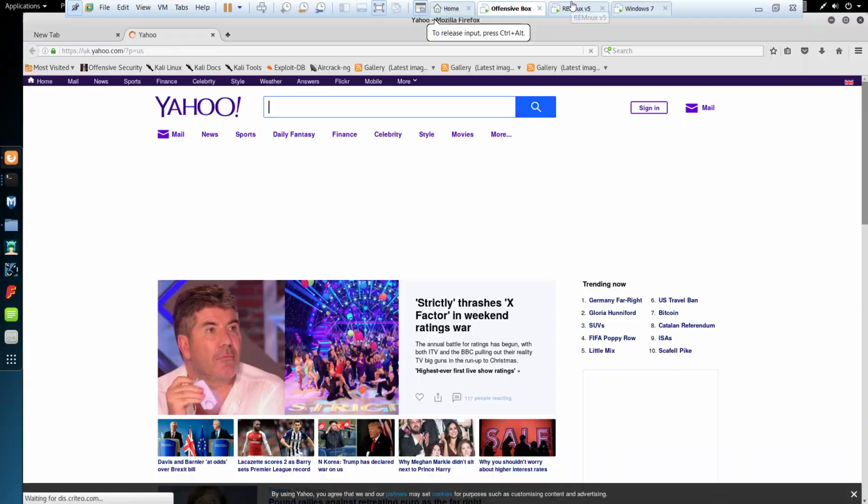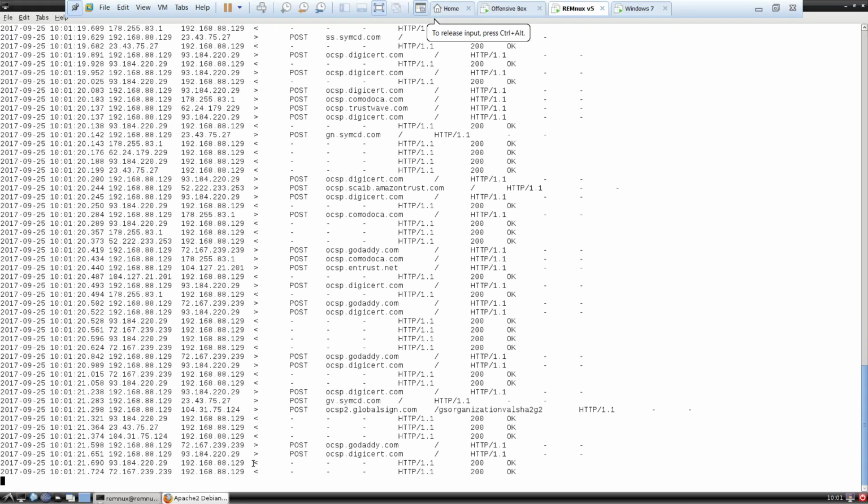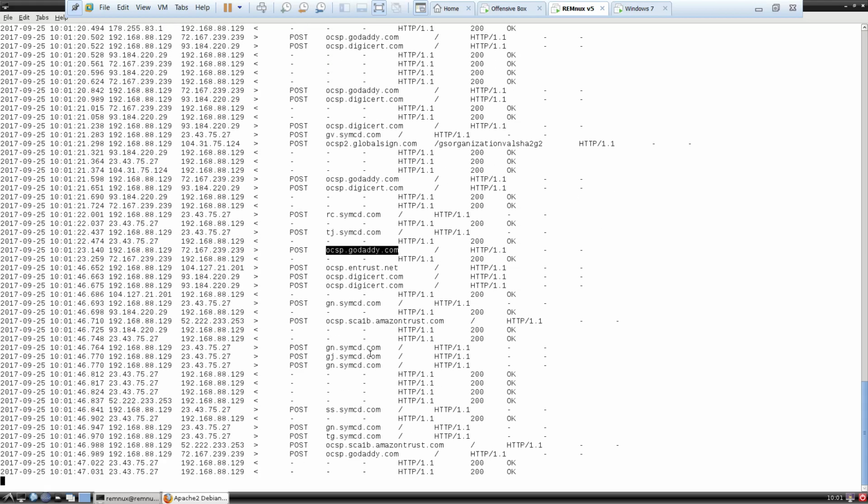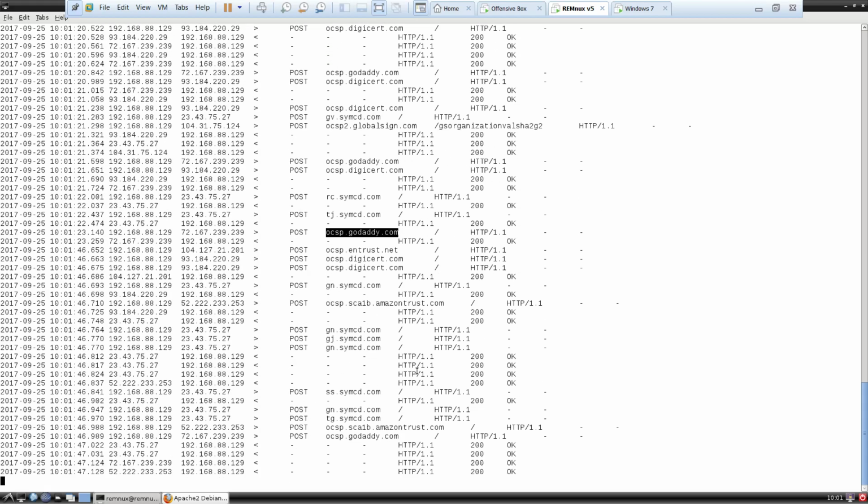Okay, and if I go into Remnox, I can see here the traffic from my IP address, which is that of my offensive box machine, 192, the source IP is here. So you can actually see the HTTP request, which is going to godaddy.com, which I assume is the SSL certificate for the HTTPS request on the Yahoo site. So we can see there